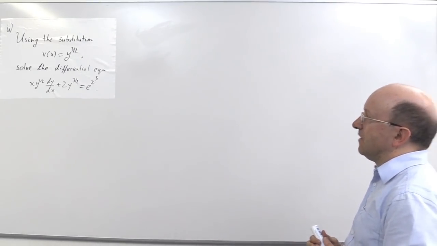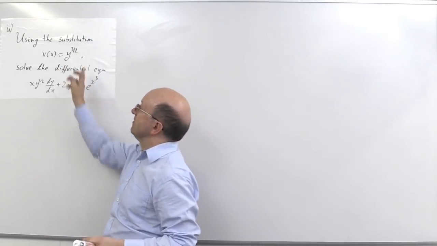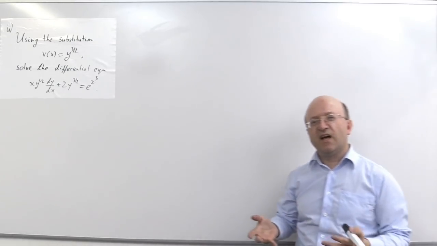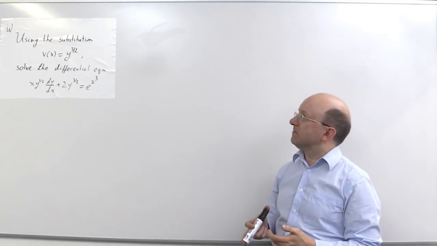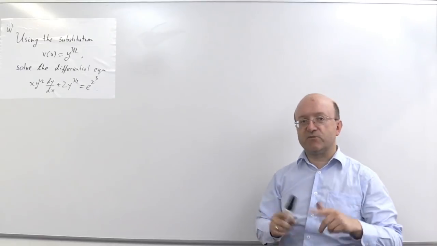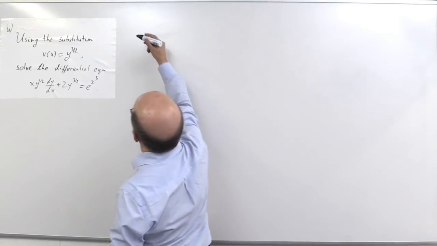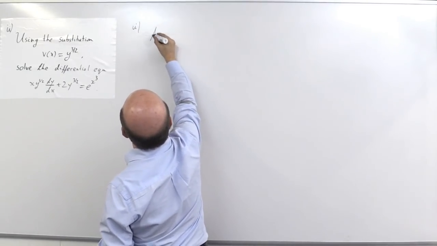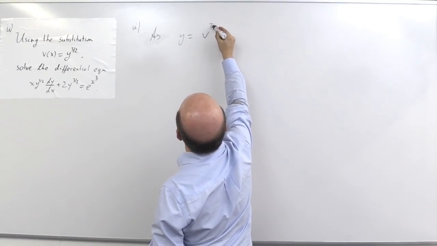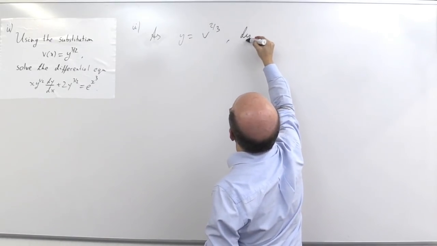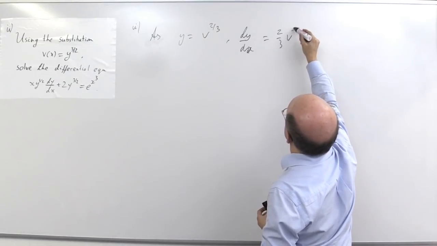Now, we really want, of course, to substitute in for dy dx. We could use the chain rule and differentiate this and get dv dx is equal to something. I usually find it easier to rewrite that as y equals something involving v. I was tempted when I first tried this to write that as v squared is y cubed and differentiate that. That didn't help. So we'll just do what I suggested earlier. We have y is v to the 2/3, so dy dx is going to be 2/3 v to the minus 1/3